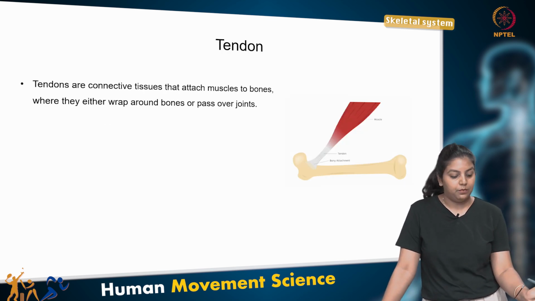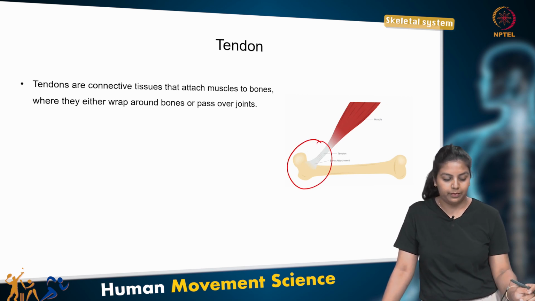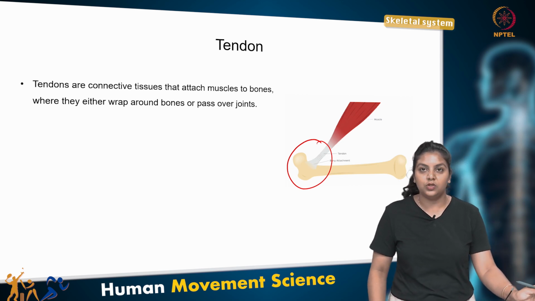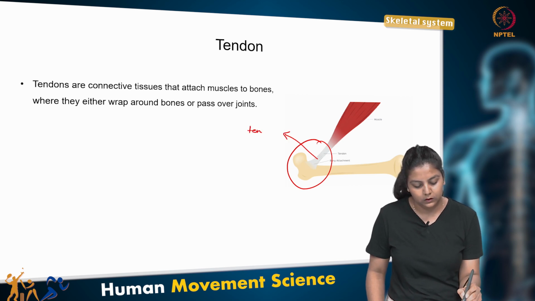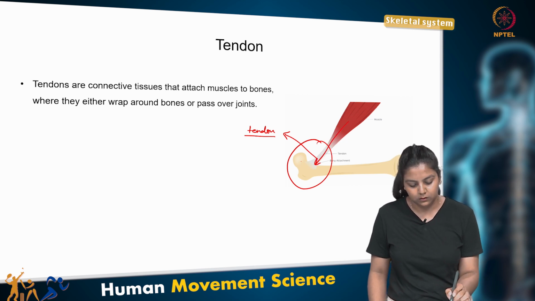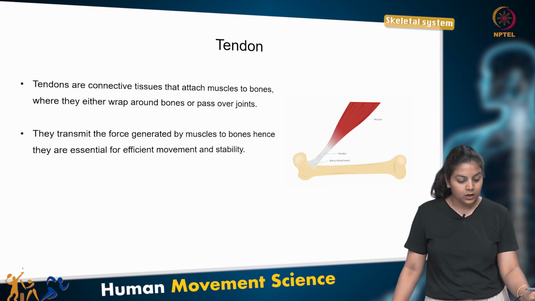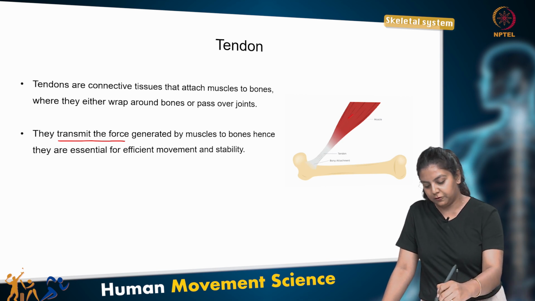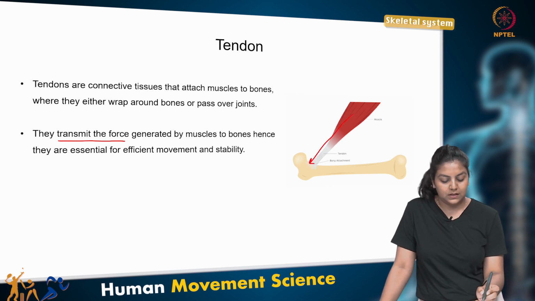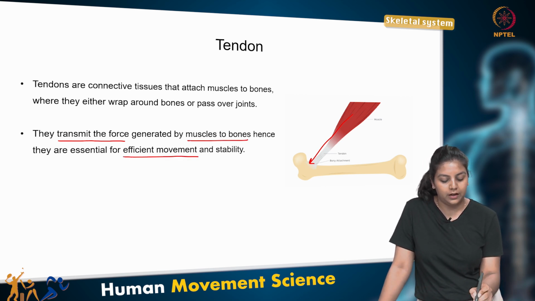So tendons, let's look at them first. They are connective tissues that attach muscle to the bone. So they either wrap around bones or they pass over joints. So this here is a tendon. It's attaching the muscle to the bone. So what is their function? They transmit the force that is generated by the muscle. So the force then gets transmitted by the muscle to the bones, and hence they are quite important for efficient